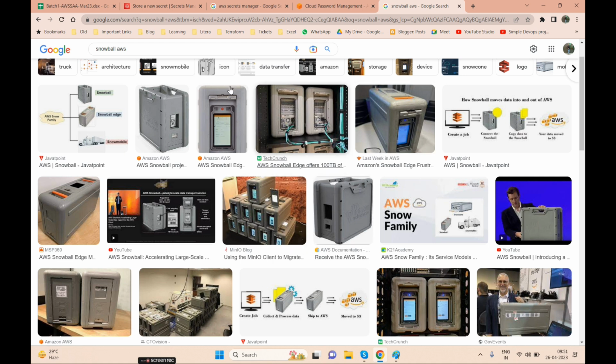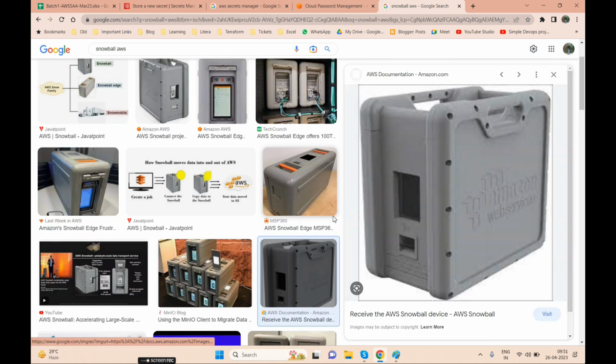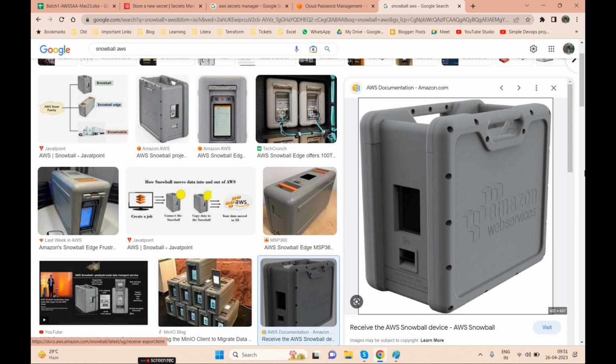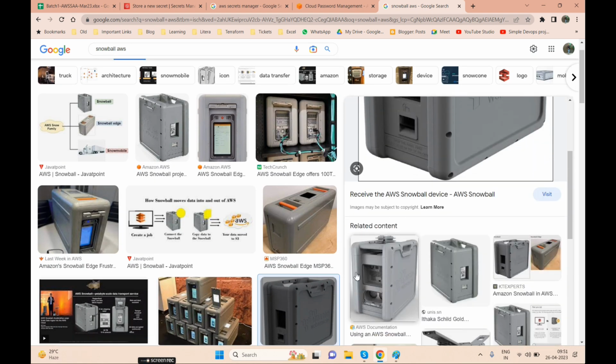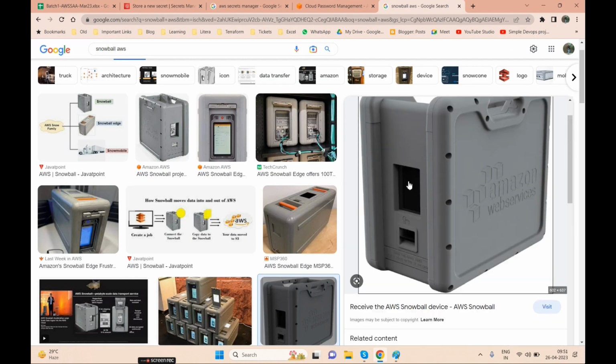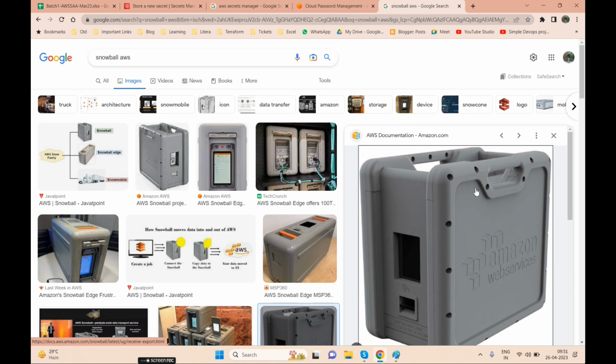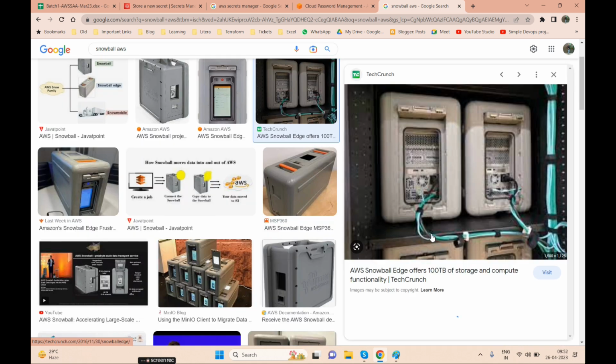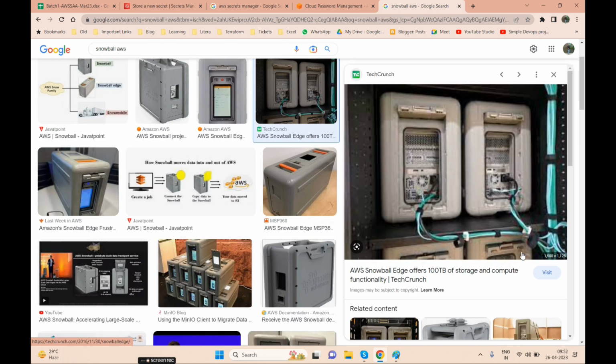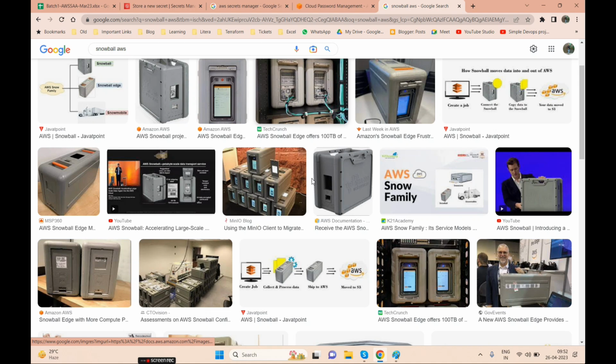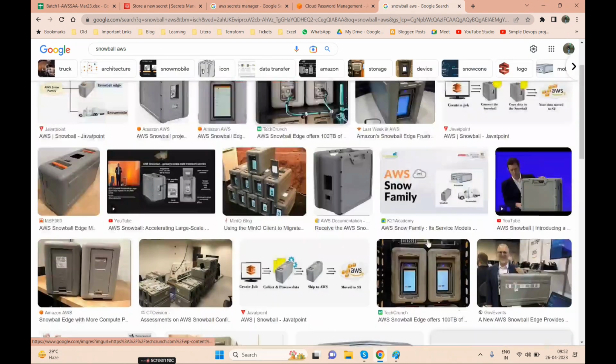What you need to do is order it from Amazon and they will send you this box. You can attach it to your data center and transfer your data directly into it, and you can ship that to AWS. Then AWS will directly copy your data into their data center and then you can use it. This is called Snowball.